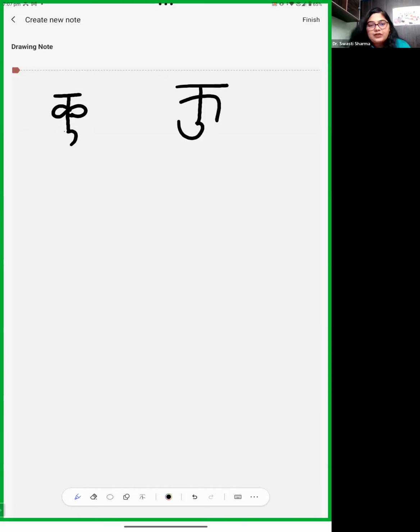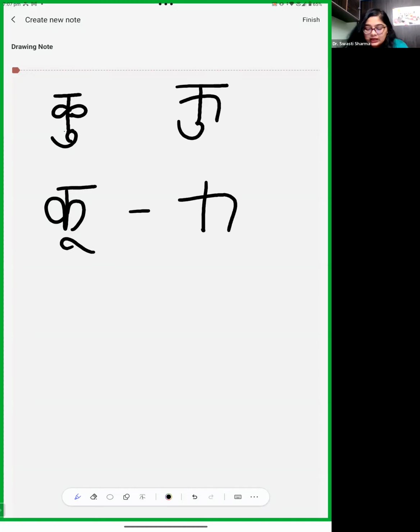In Devanagari, if we are making like this. But if this is Dirgha Ukar, how do we make it? Again, the shape changes. It becomes like this. This was Rasva Ukar and this is Dirgha Ukar. We will find it like this. There are two round shapes. This is Ku.